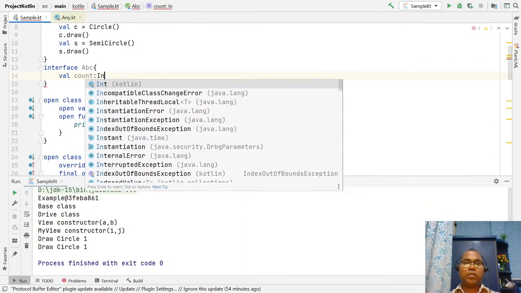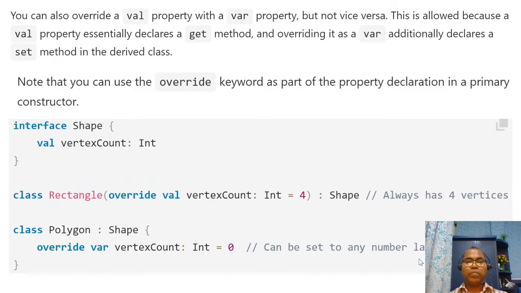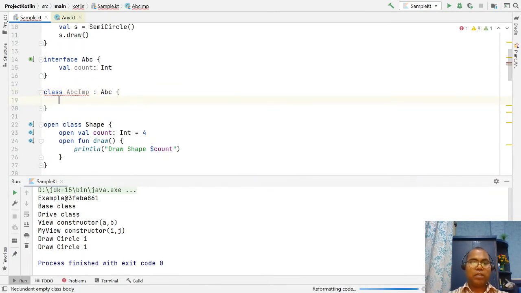Let's say this is an integer in the interface, and we have a class abcImpl that extends the ABC interface. And here we have options.